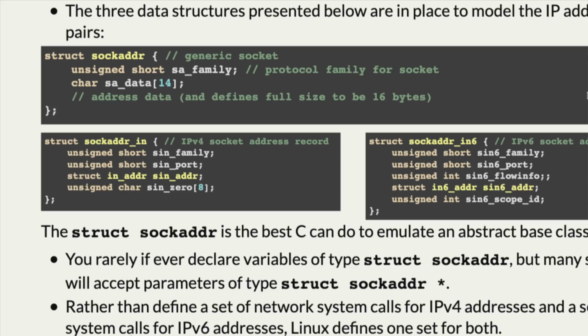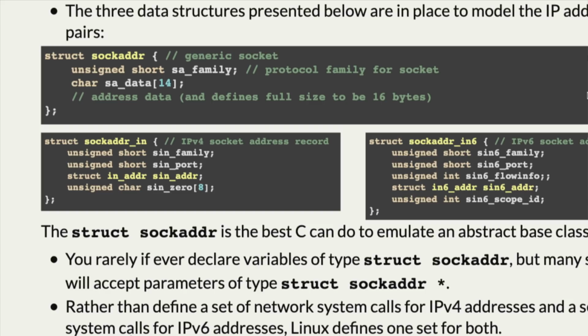The first 2 bytes is always the address family, right? So if we know that the first 2 bytes are always the address family, and we know that structs always have to be in the order of the members, we can actually look at that first member and say that member must be the type.